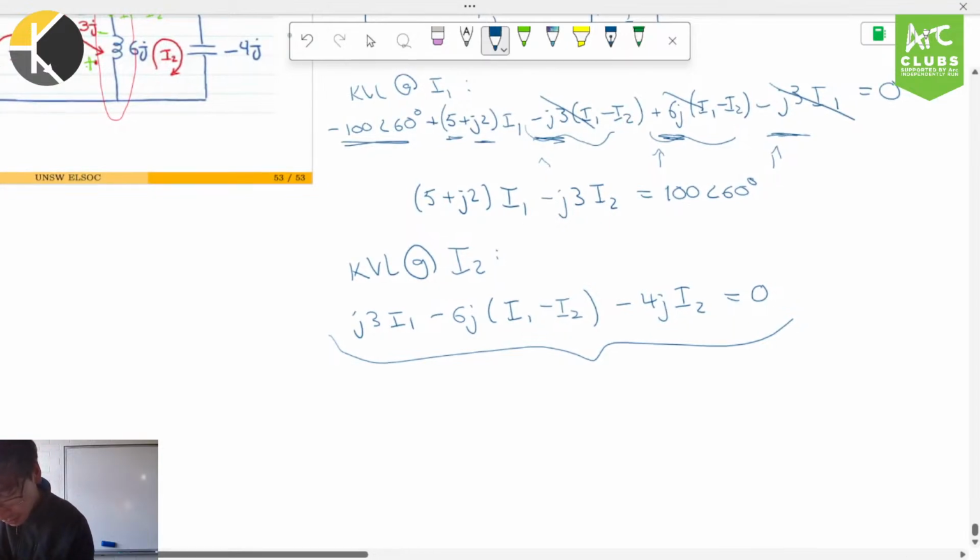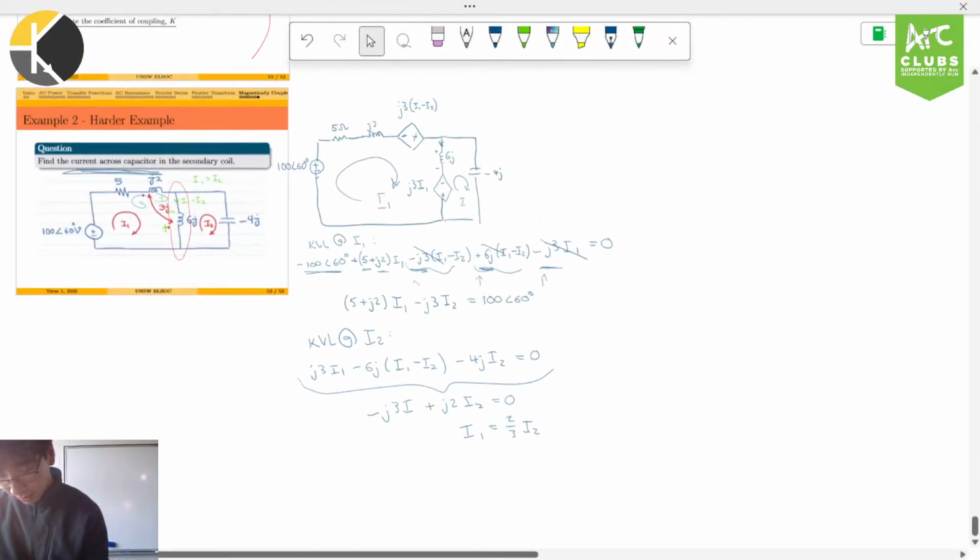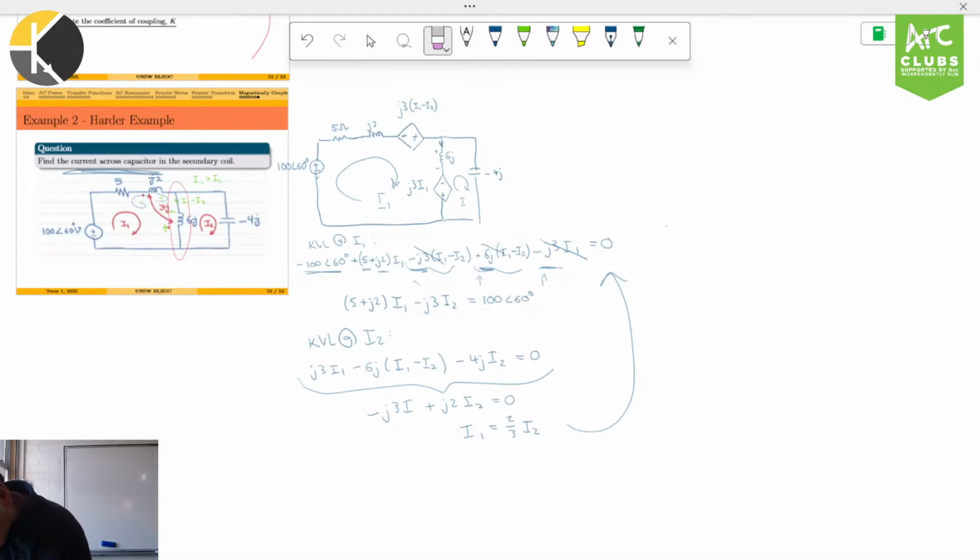So we have minus j3 I1 and then plus j2 I2. So we have I1 equals 2 on 3 j I2. So then we just sub this in, and we would get an answer of